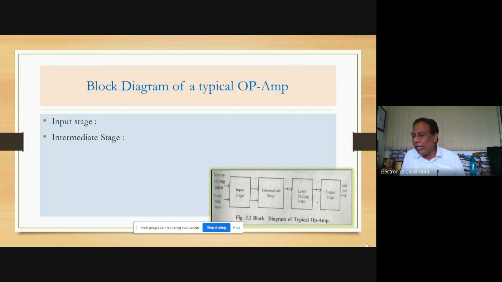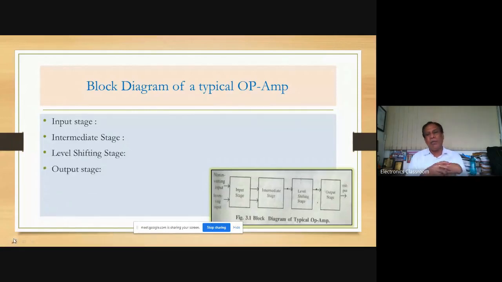And the output stage is the final stage of this operational amplifier. The output stage is nothing but a power amplifier, consisting of a push-pull power amplifier, and it can use a complementary symmetry circuit to build the push-pull amplifier. The purpose of this push-pull amplifier is only to deliver the maximum power